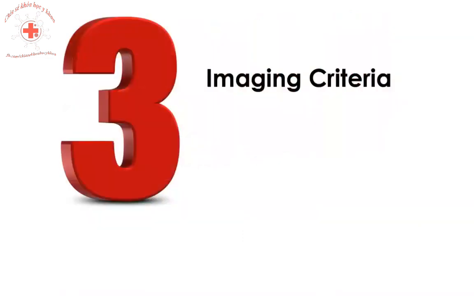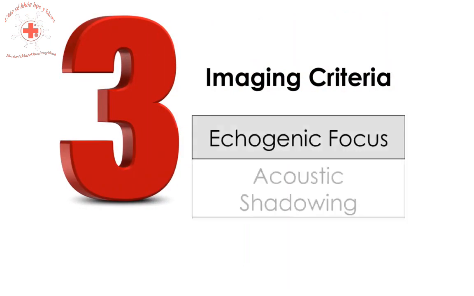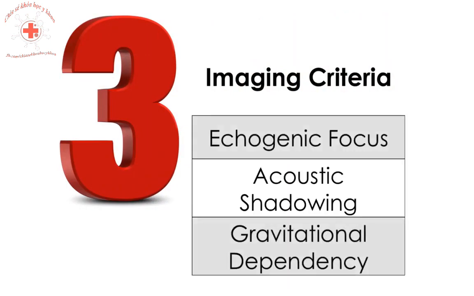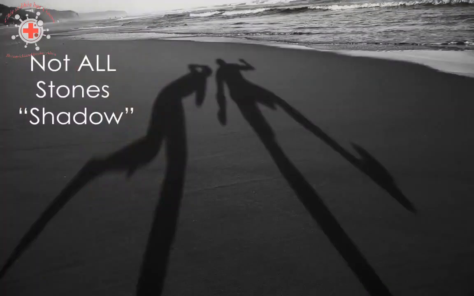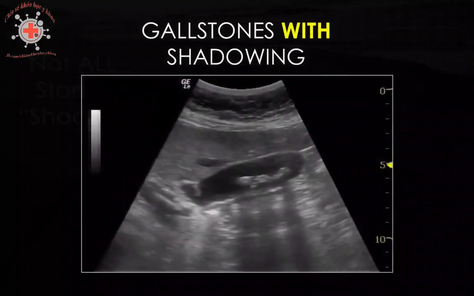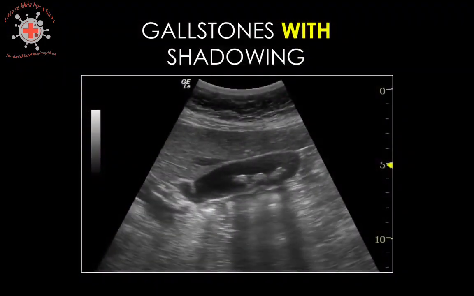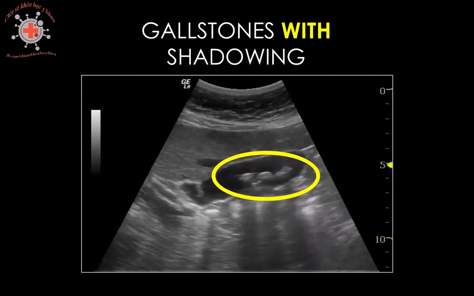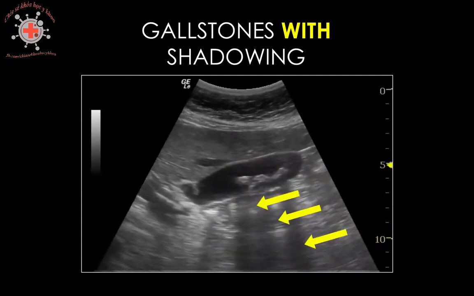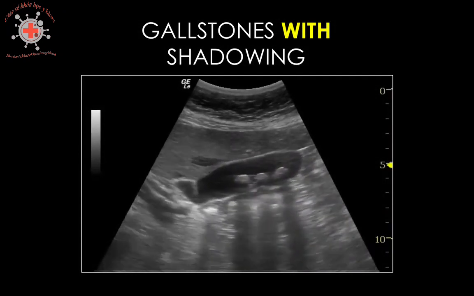There are 3 ultrasound criteria for identifying gallstones by ultrasound. They are echogenic, have acoustic shadowing, and have gravitational dependency. Although gallstones will create an acoustic shadow when imaged by ultrasound, not all stones will demonstrate this finding. Here we see a typical case of cholelithiasis. You can see the stones within the gallbladder are echogenic, create acoustic shadows, and are located in the dependent area